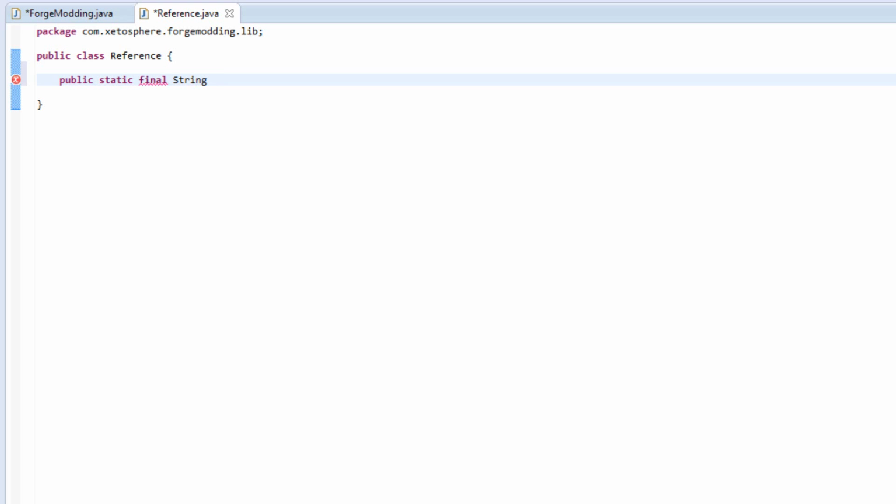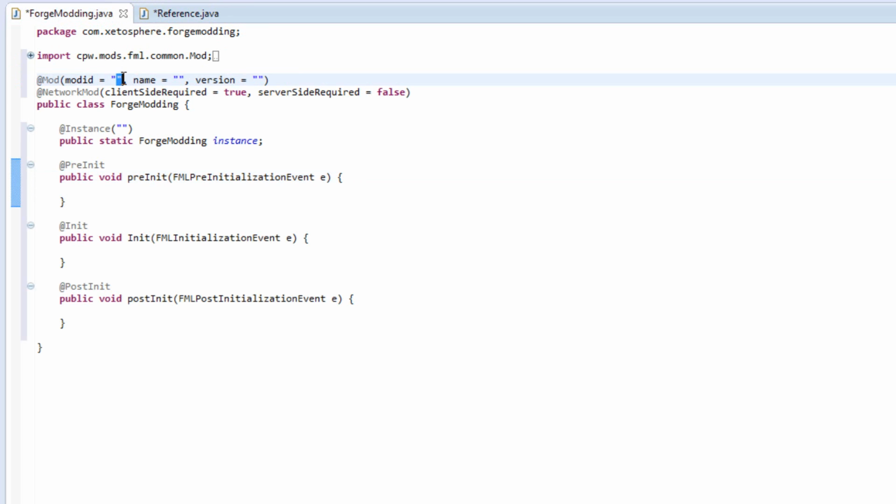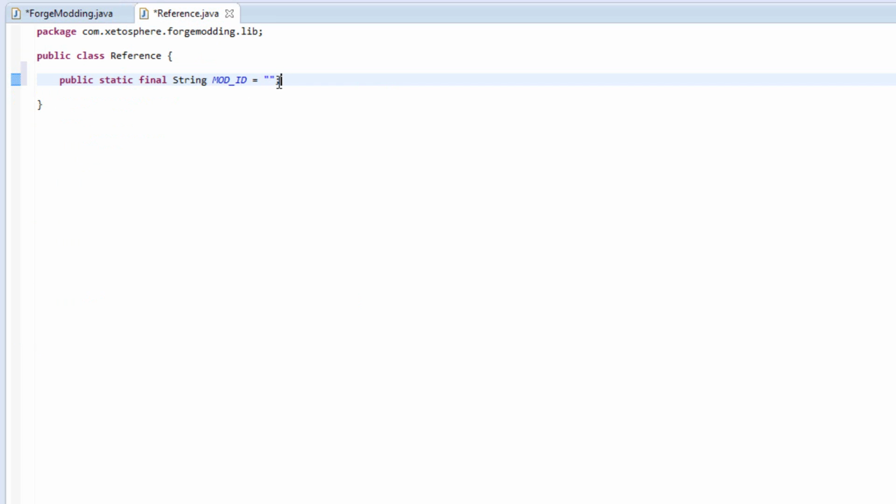So we don't have int or an integer here. And we're going to call it MOD_ID, and we have it equal to what will be our mod ID. This has to be unique for your mod only, because else it will crash with other mods that use the same mod ID. So I recommend having something for your own. I don't need that right now though, so I'm just going to call it Forge Modding